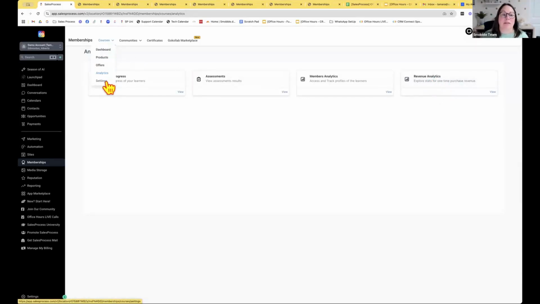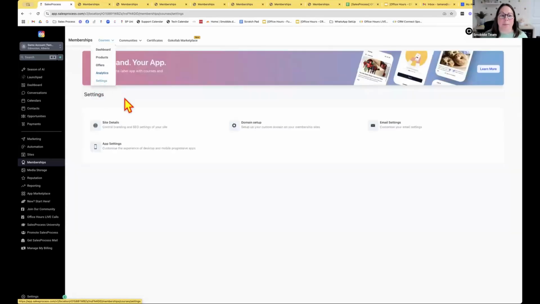Then the last piece of this that I need to talk to you about is settings. And this is really important because the way that I like to grant access to these things is by attaching them inside of our payments section here, and I'm going to show you that in a minute. But you have to set this part up correctly for it to work. So inside of courses, in your settings section here,